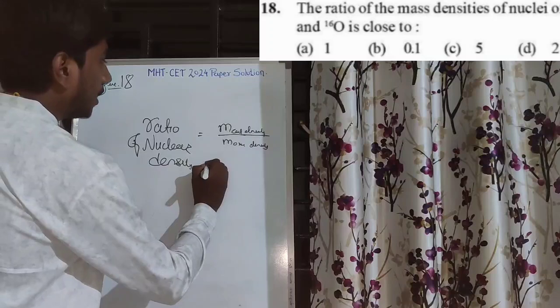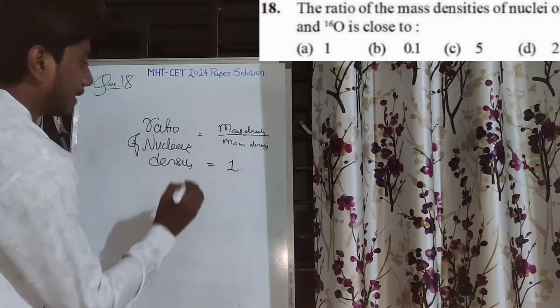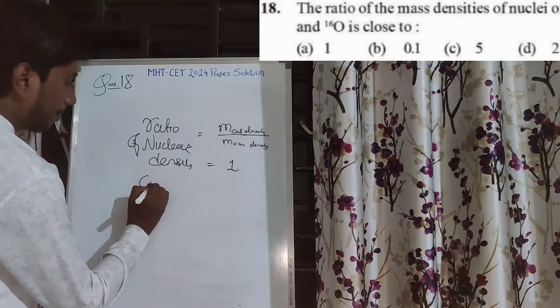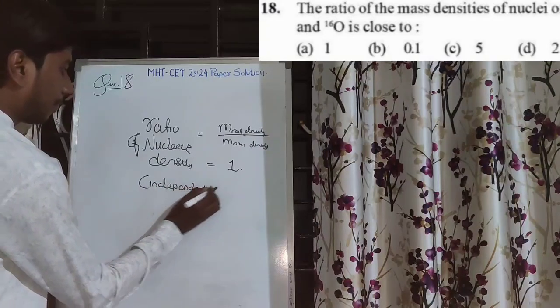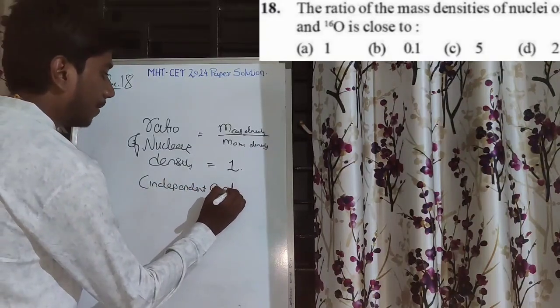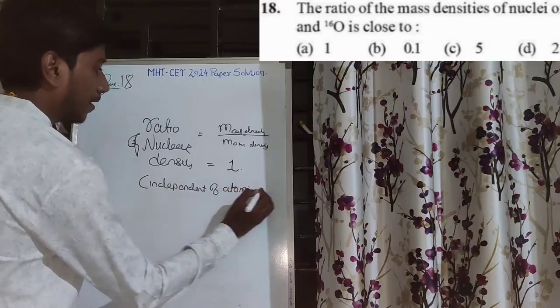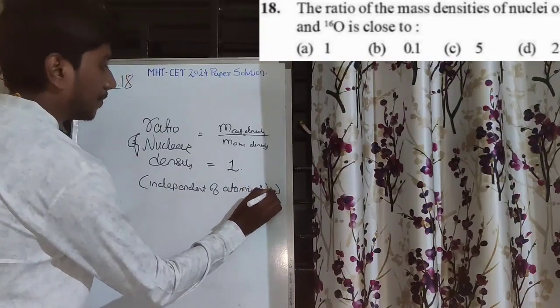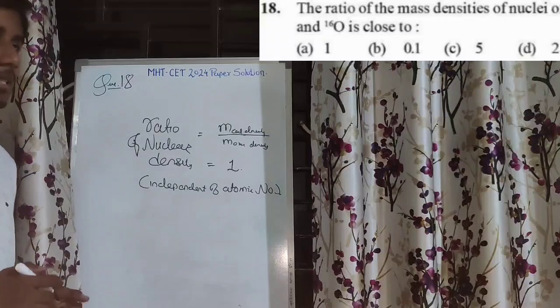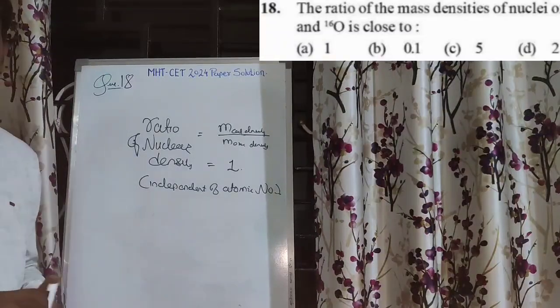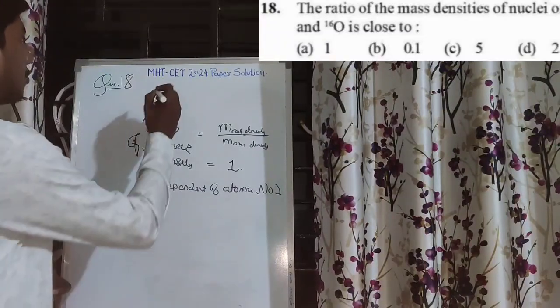It will be simply 1 because it is independent of atomic number. ठीक है, this is the simple reason behind this concept, this question, and according to this, option A is